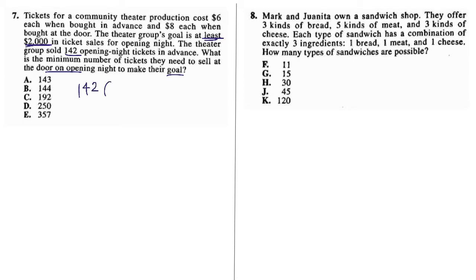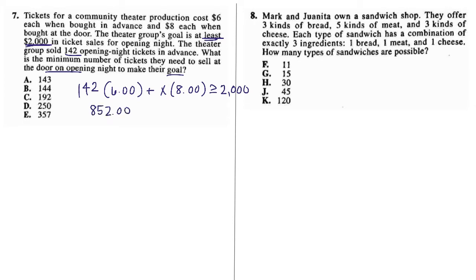So we know they've already sold 142 opening night, so that's in advance, and that's $6. And plus however many more they sell at the door, which is $8 each. Now that has to be at least. Now we can have more. So if we can have more, then this can be bigger than or equal to $2,000. So there's your setup. If you multiply 142 times $6, that's